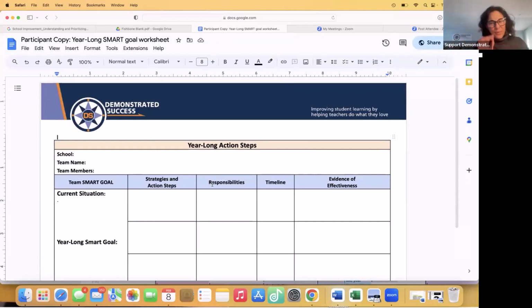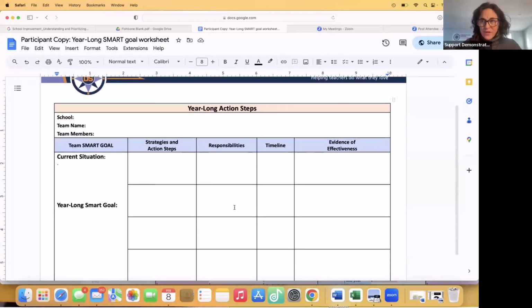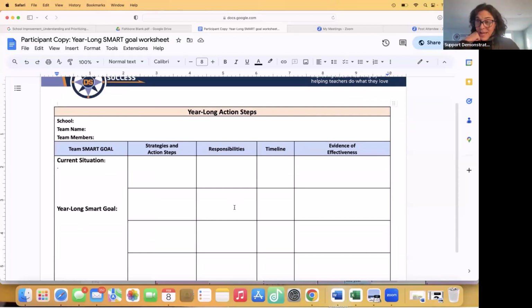We'll just talk about it from here. So another one that I've shared with you is year-long action steps. When you're creating a SMART goal, let's say your action steps are focused on student performance. So if the current situation is that, according to several years of SAS, only 40% of your kids over the last few years on average have been proficient in math,